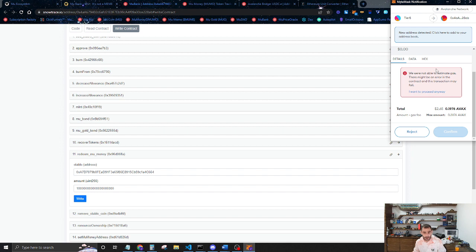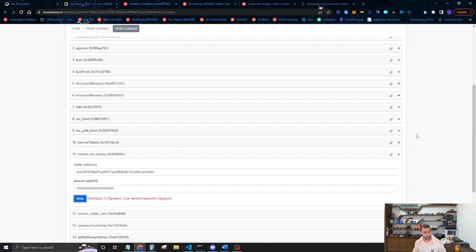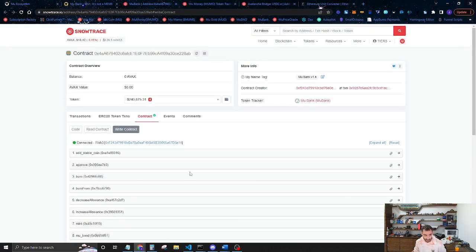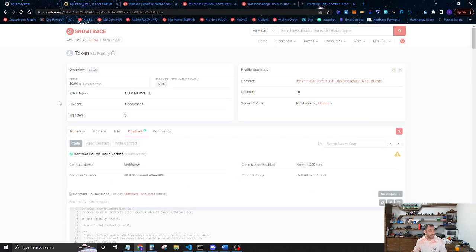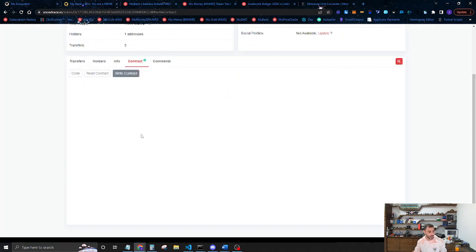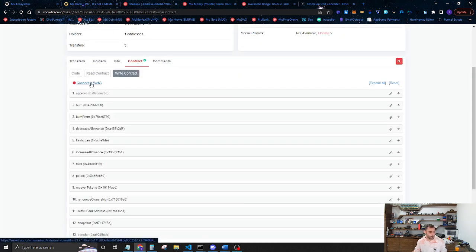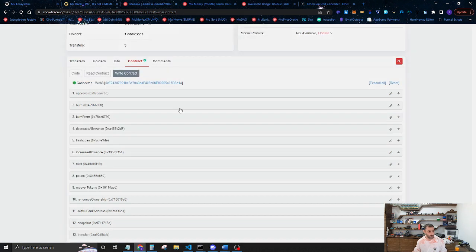Okay, and we can see that we have this error right here. And I already know what this error is, okay? This error is because we have not approved the Mu Bank to spend our Mu money. So what we need to do right now is grab the Mu Bank contract. We need to come over here to Mu money and call this approve function. And we need to say that, hey, the Mu Bank is allowed to spend our Mu money for us,